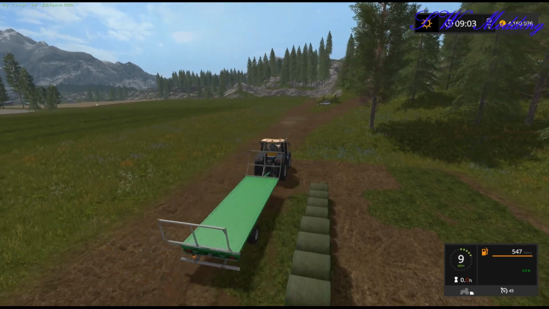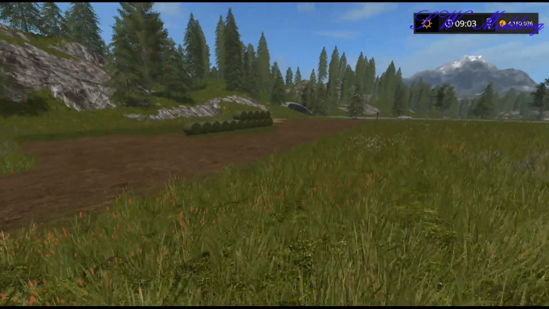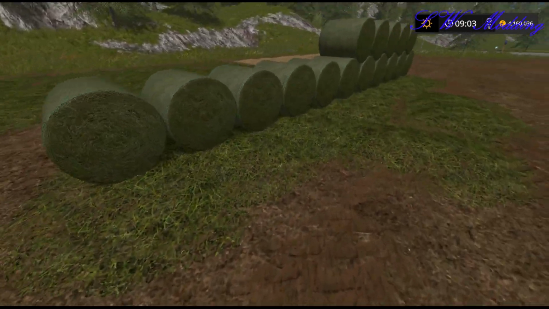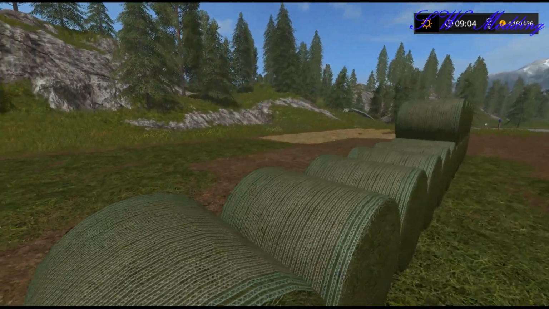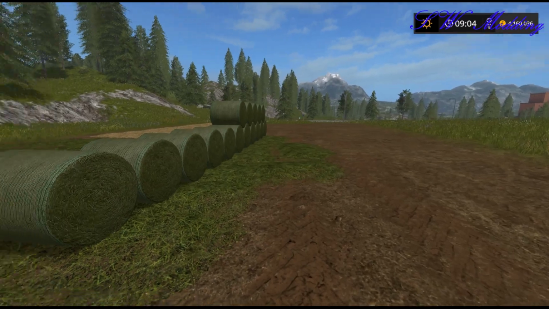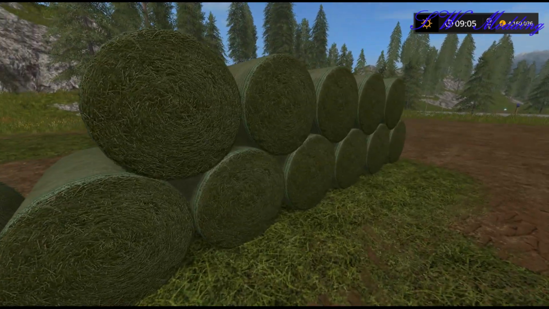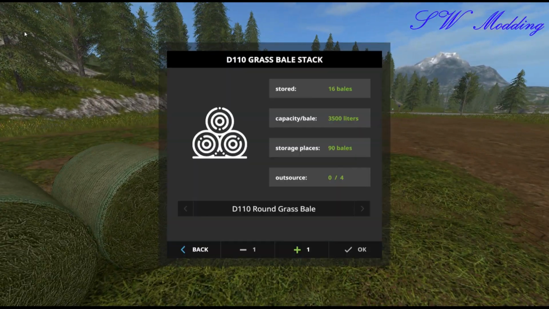and like so, and we didn't get an error or a warning message this time, so I would say that they've successfully gone into the mod, and I can no longer pick these up. If I go into the menu, you can see the texture matches exactly what we had for the correct bale from the actual unit and everything else, so that's also very good. If I then come into here, press R, you can see we have 16 bales stored, capacity is 3,500 litres,